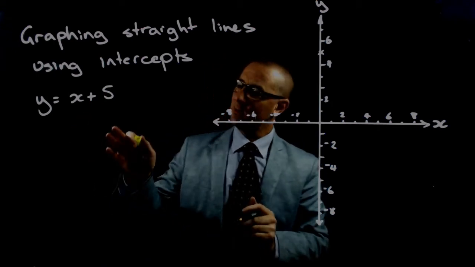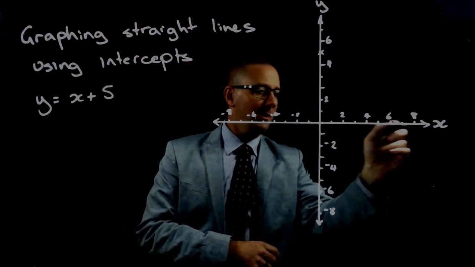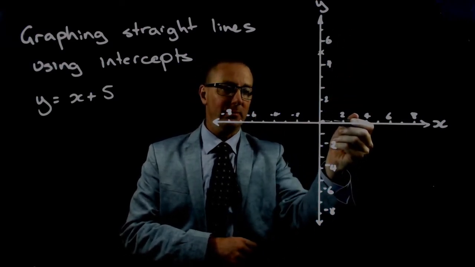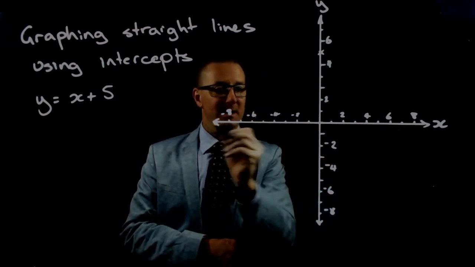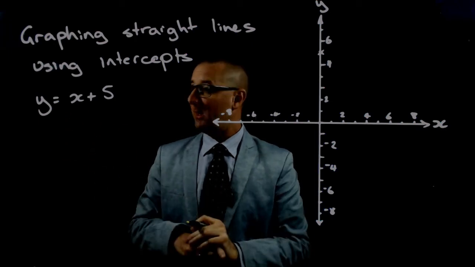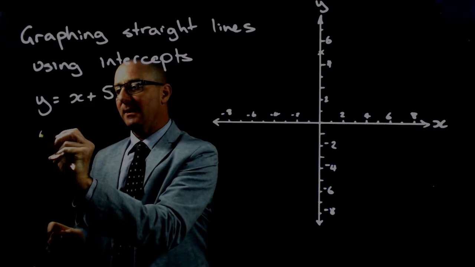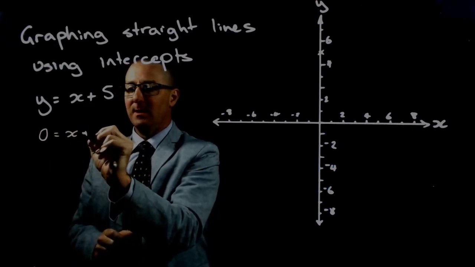And then what we can do is we can say, okay, well, now we've got an x-axis, and all the way along this x-axis, we know that y is equal to 0. And so this value here, the x-intercept, is going to be the point where y equals 0. And so what we can do is come back to our equation over here and say, okay, well, if y is equal to 0, then this left-hand side would equal 0, and that's going to be equal to x plus